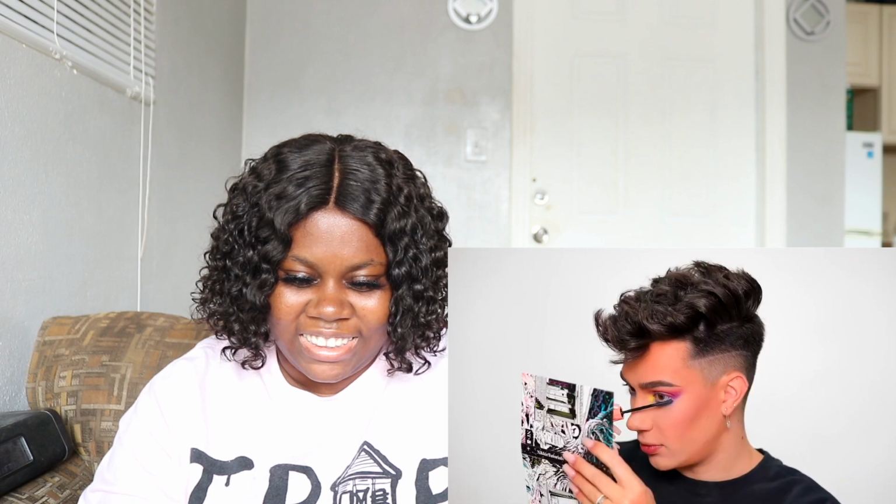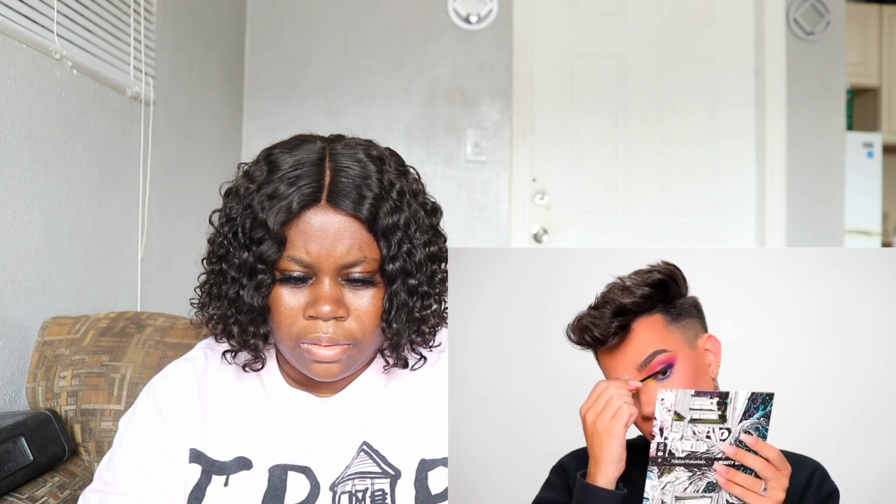Mascara, and of course we only get one dip, so I'm going to grab the Benefit Roller Lash. I'm going to focus the majority of the mascara on my lower lashes because I'm going to put on falsies. Oh, I was actually able to get my entire lashes with only one dip. Gorgeous! Okay, now it's time for...